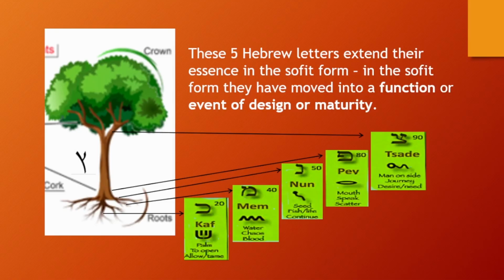And then tsade, it is going to be a small tree. It's going to stand like this. And then as it's growing, it's doing that. So it extends the bottom line here. So that is just tsade, but sufit tsade, that leg extends and looks like this. Can you see it resembles the stem of the tree that now forms two branches?